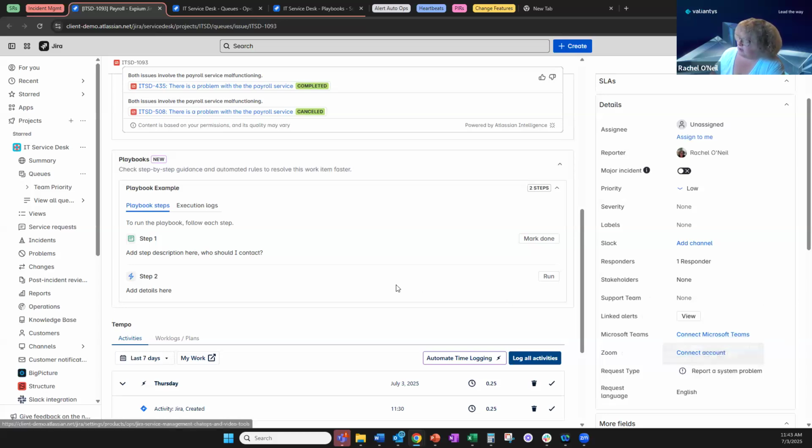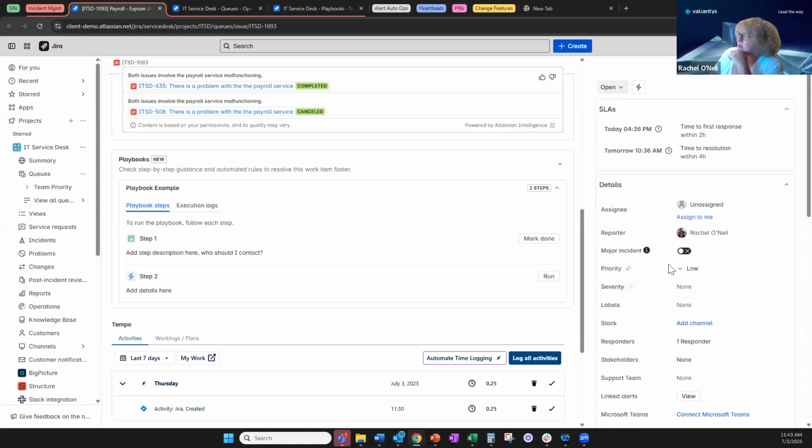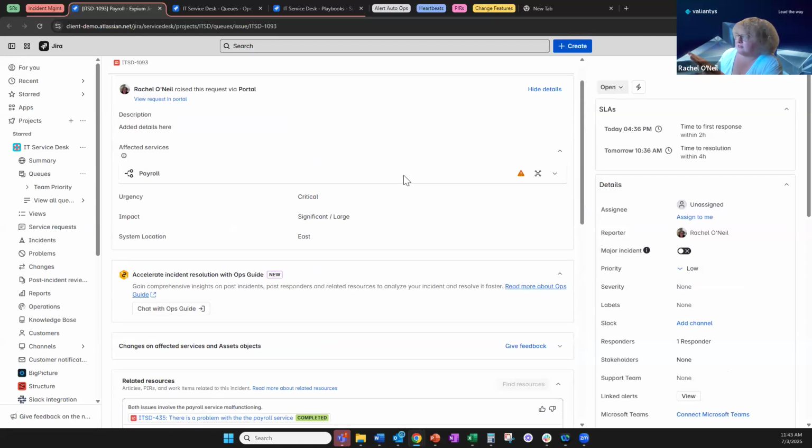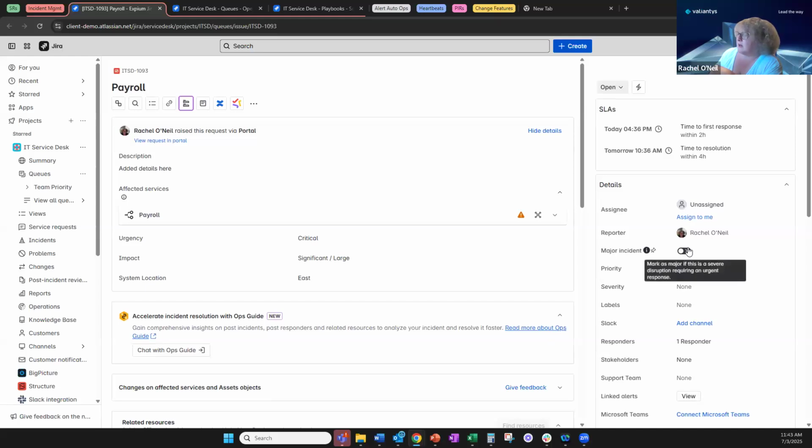Some additional features that can go hand in hand with these playbooks are setting up Teams channels and Slack channels right away to swarm an incident for one or more teams who happen to be working on it. One of the things to mention here in terms of the functionality just within the incident task itself is this major incident button here. So for all incidents and all teams that are part of the operations area, which we'll take a look at in a moment,